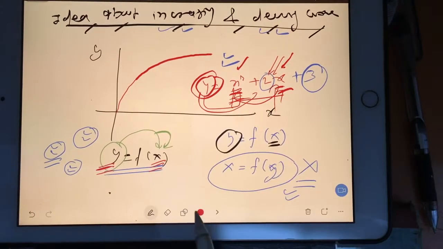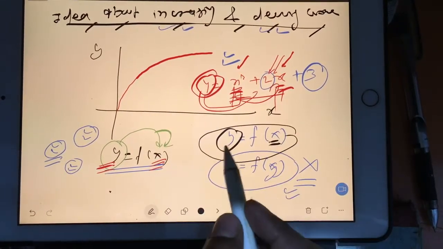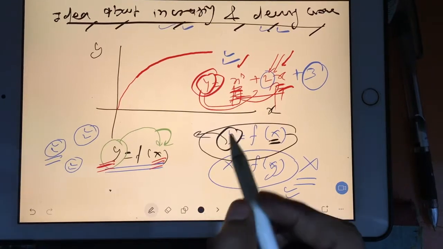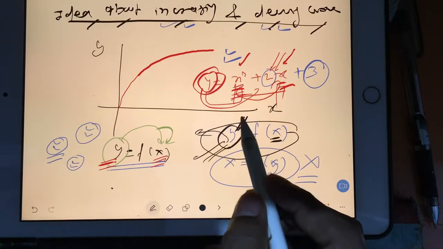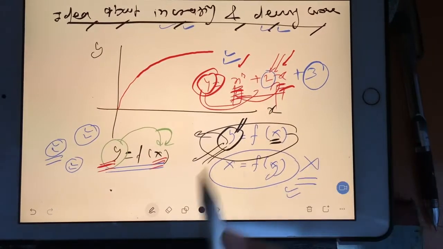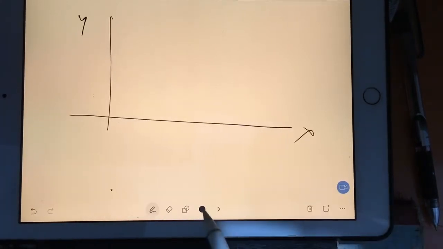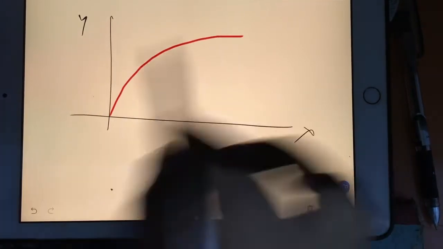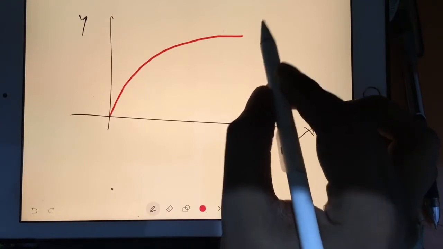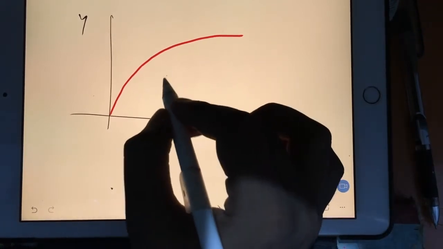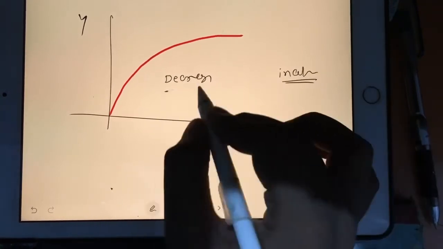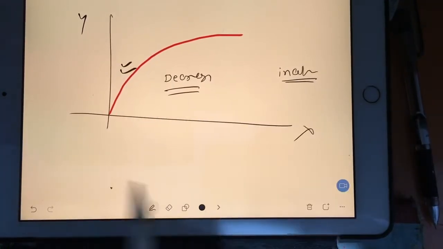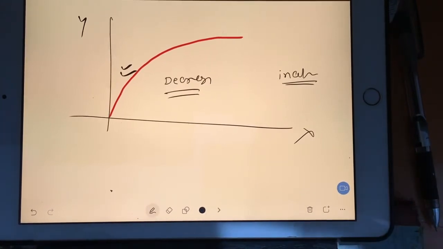So it's simple. That's why in the beginning itself you have to decide which variable you keep on the left side. So y I am keeping on the left side, so y I am considering as the dependent variable. Now move to the main logic. The main logic is, if you have y and x axis, and here you are taking a curve like this, this curve you will say as, now I am giving two options, decreasing curve or increasing curve. First you guys choose which curve this is, increasing curve or decreasing curve, then I will explain.